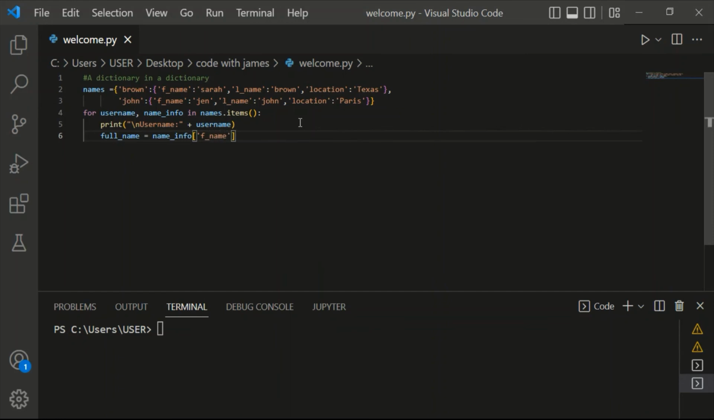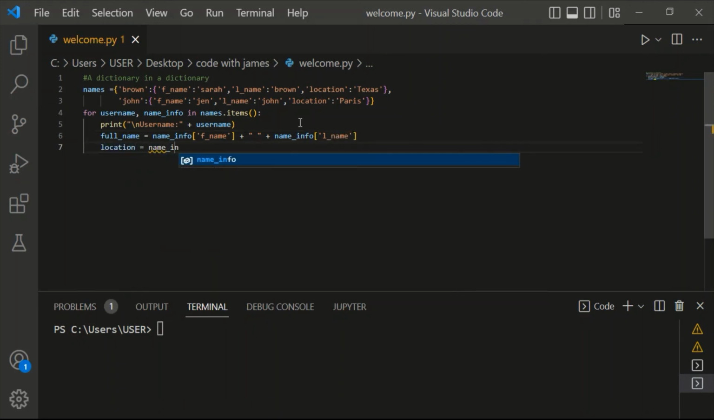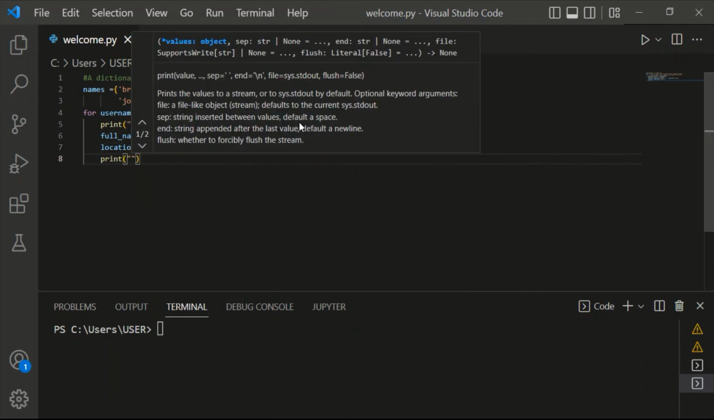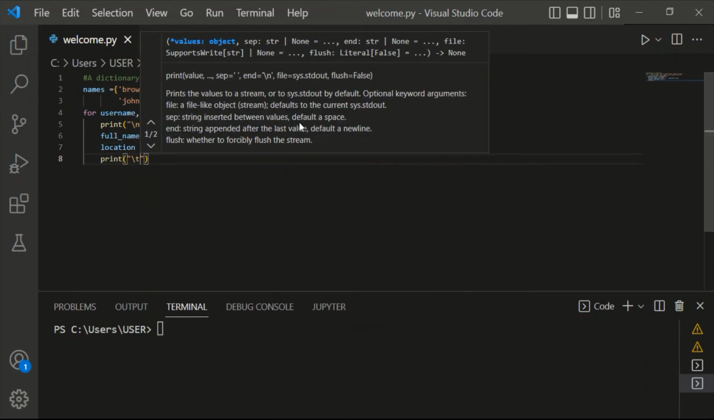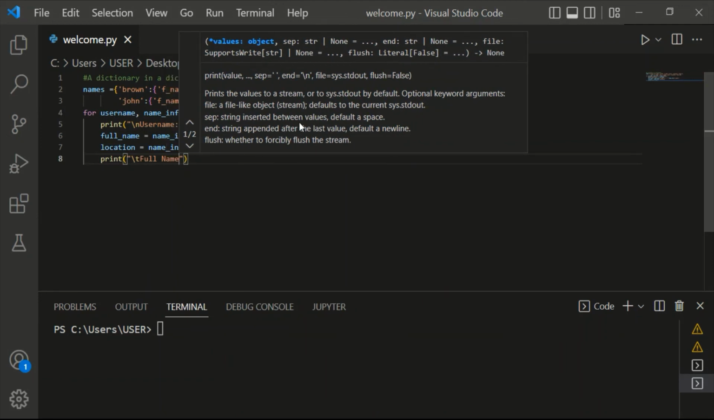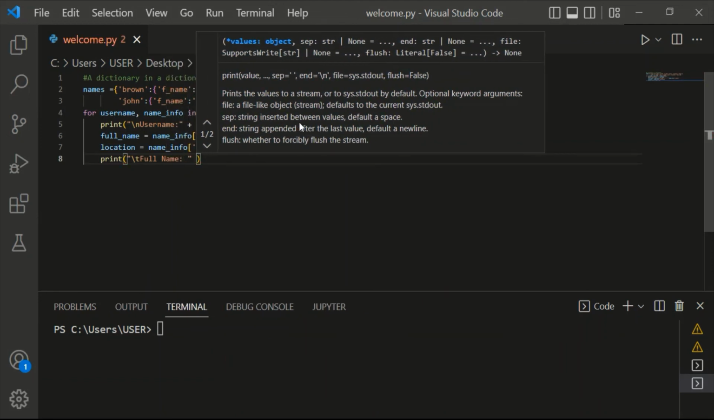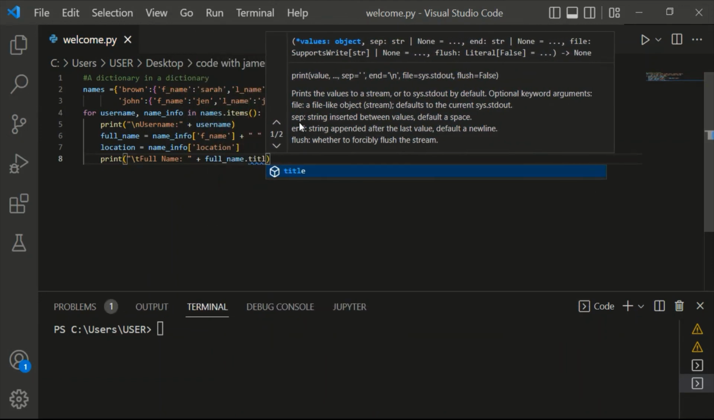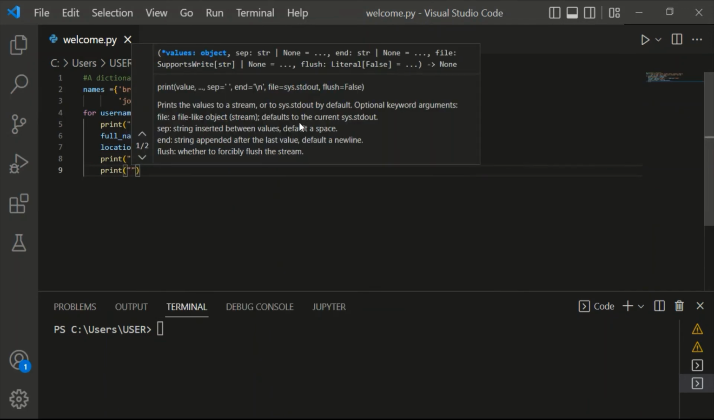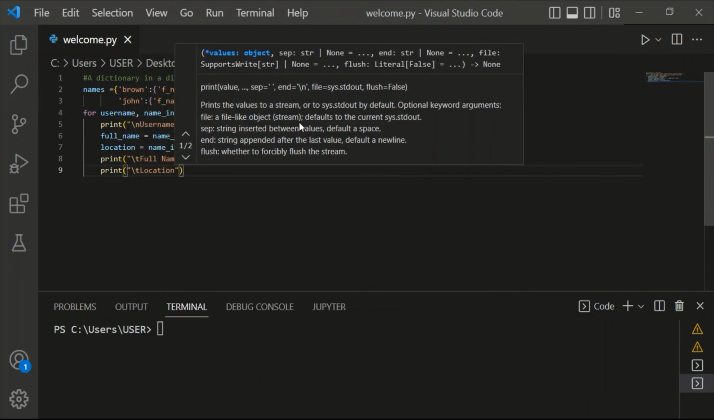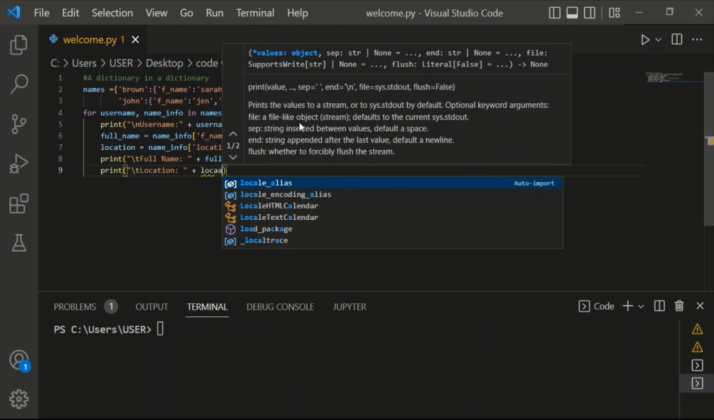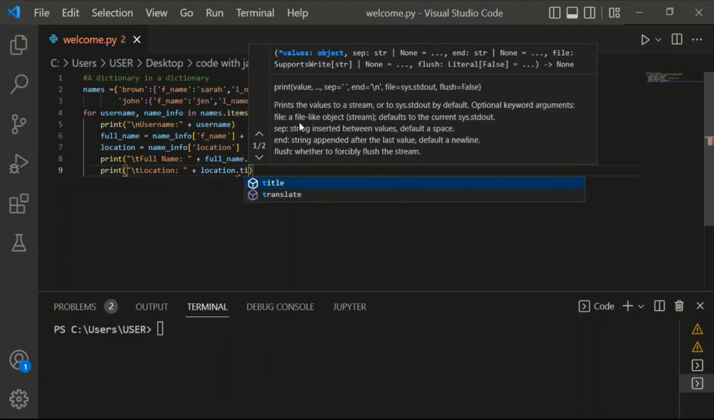And let's combine the full name. We're going to use the first name and add the last name, and the location of each person. And let's print the full name and location. Use a tag location and the location of each person. Let's execute. You can see